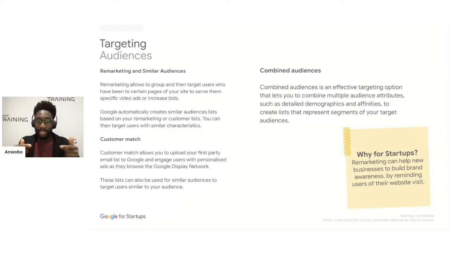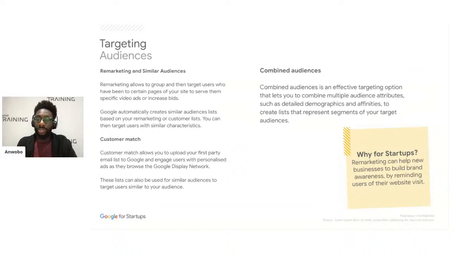And what happens is a matching process, and Google will match all of your email addresses to the email addresses of customers who also have Google accounts. With that, when those users are on YouTube, you can again show them your YouTube ads. So it's just another way of really showing specific ads to users who you already know and have already interacted with you in the past.